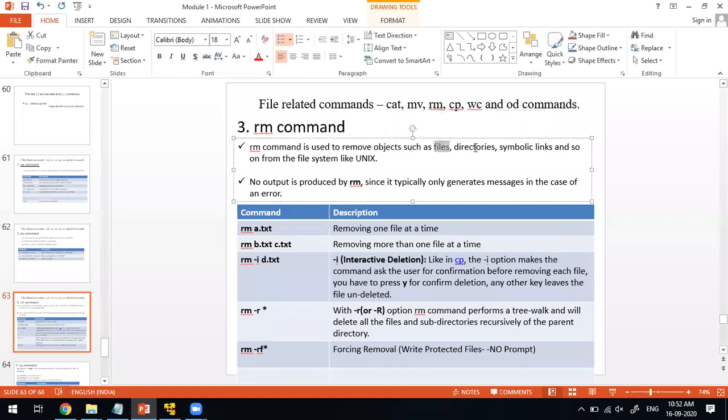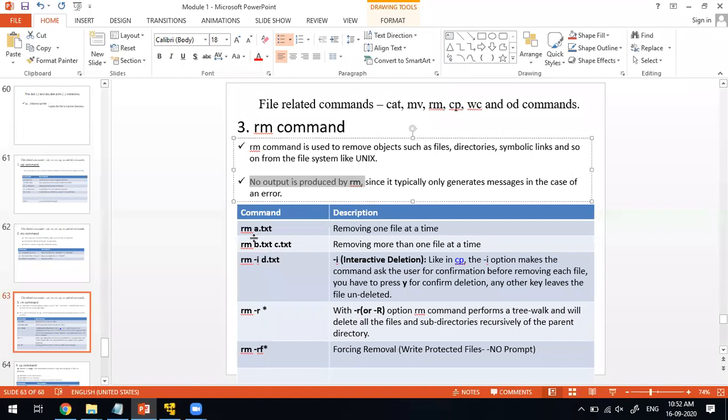It can remove files, folders, directories, symbolic links, shortcuts, or other things. Typically, it doesn't give any output. rm will just do its job and stop. It will throw an error only if it is not able to delete those files. If it properly performs the delete operation, it is not going to give you any output.